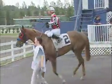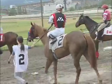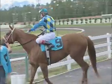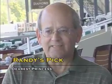But she has good tactical speed, and now they know she doesn't have to go to the front. But if she gets out there on her own, she could be tough too. I think the horse that will probably get out there might be Sweet and Sour, who ran a big race first time going long in the same race Dearest Princess comes out of, the Supernatural. But really, it's Dearest Princess. The Sprint features the